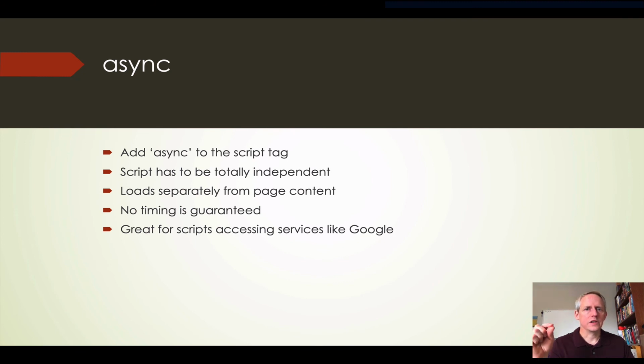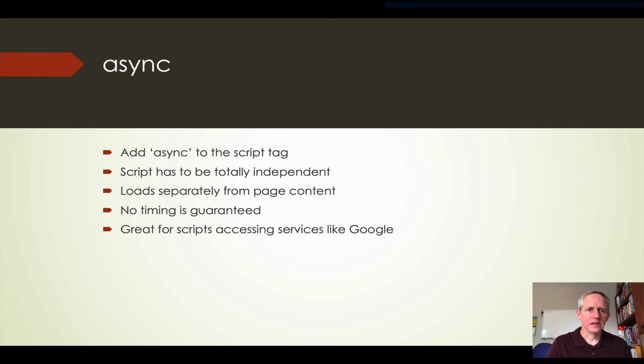Async: if your JavaScript doesn't automatically affect what's on the page, if it's got functions and it's timed out by itself, which is the way you should do it, then you can add async to it. And then what it does is it keeps processing that, and over on the other side, it keeps processing your HTML and figuring out how to parse it and display it. And then on a different thread, it goes and grabs that JavaScript. So if your script is totally independent, you add that async declaration on it, and then it loads separately from the page content. There are no timings guaranteed,